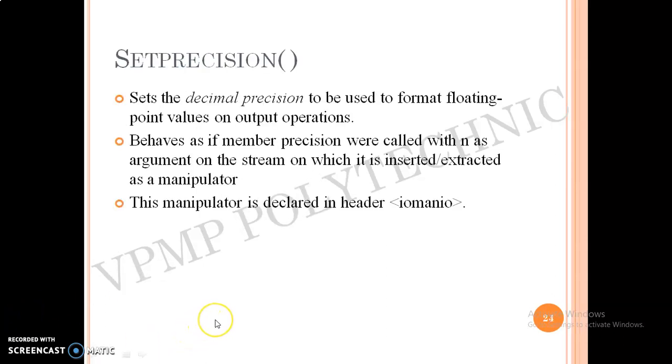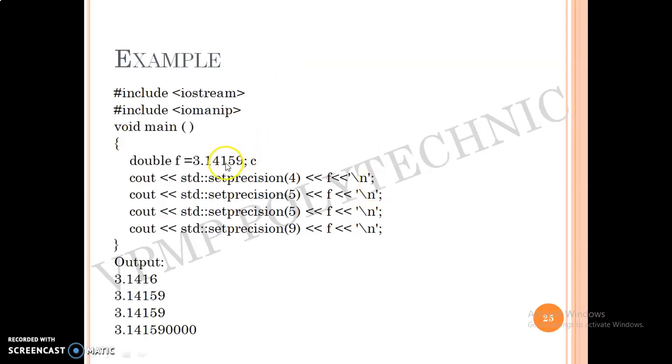setprecision is similar to the way we were using the precision command. Here also we are using setprecision, as it is set to 4. You can see here after the point there are 4 characters. As it is 5, you can see here after the point there are 5 characters. You have to focus on the point during setprecision. It is equal to the previous slide that we have seen there.